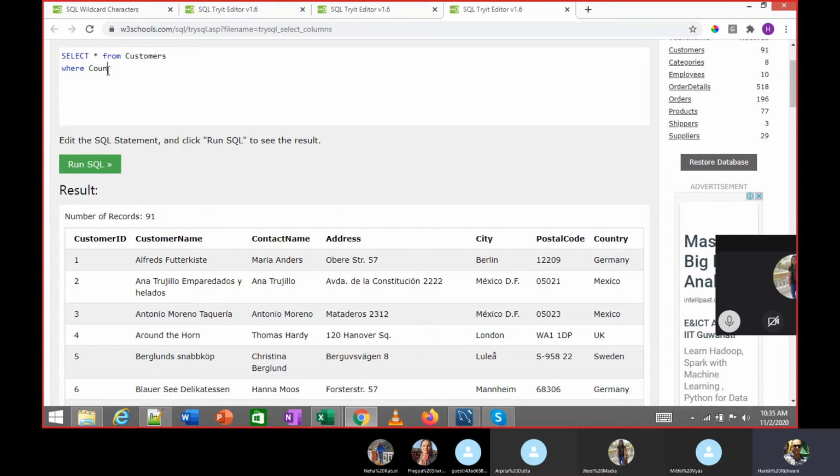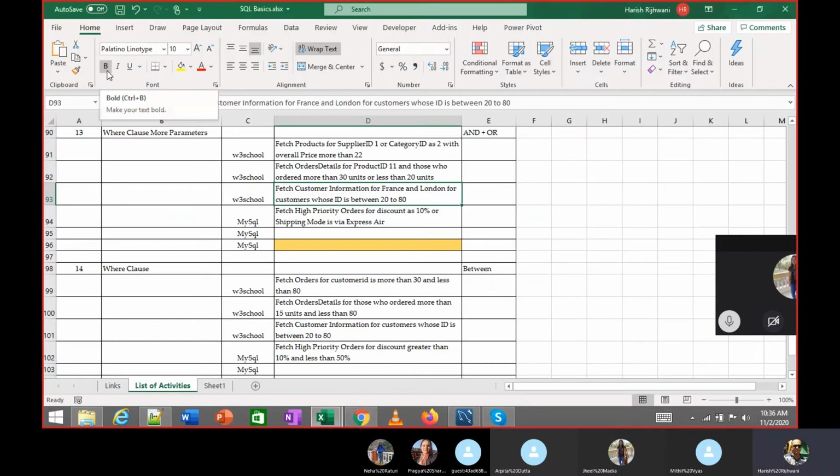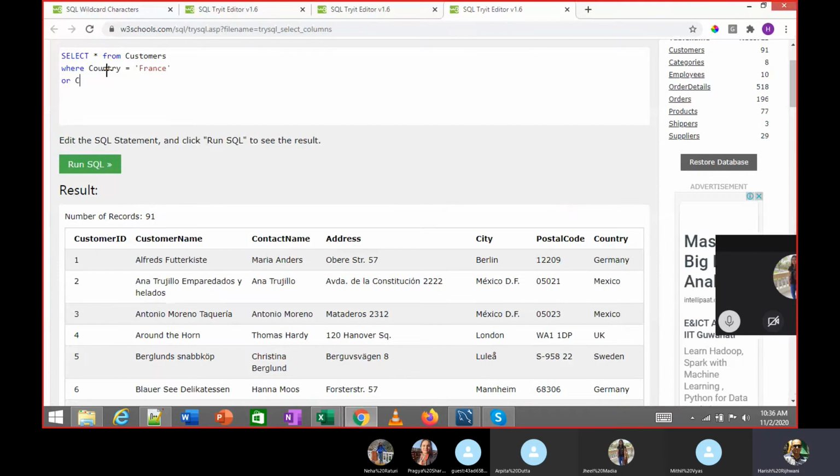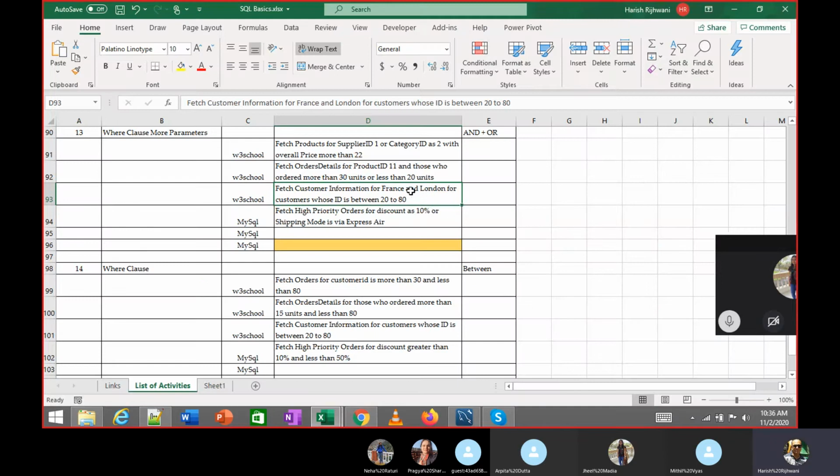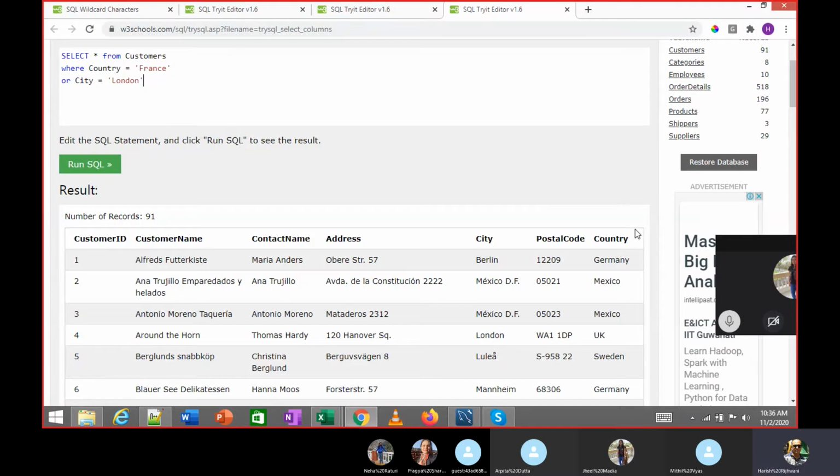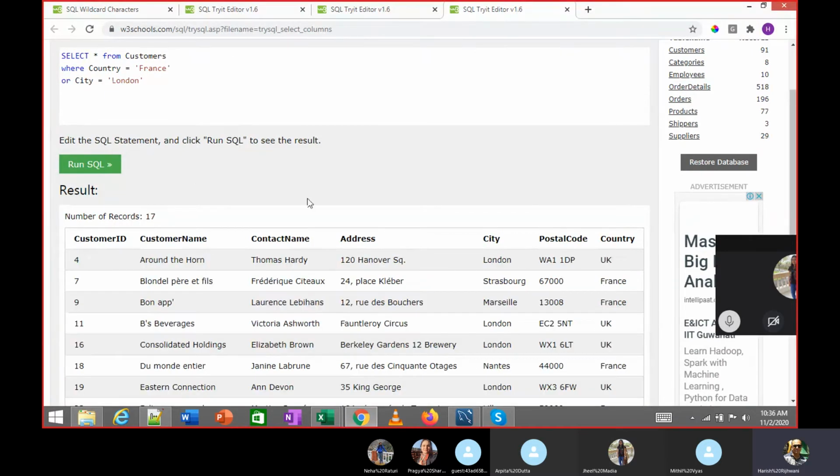Where country equal to France or city equal to London. This should be or rather. Okay. France or London. So now I'll get data for France or London.